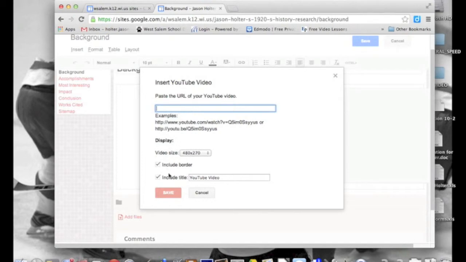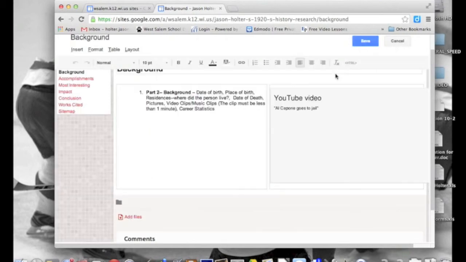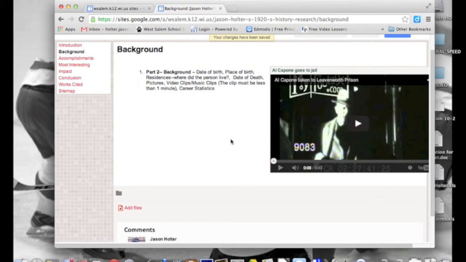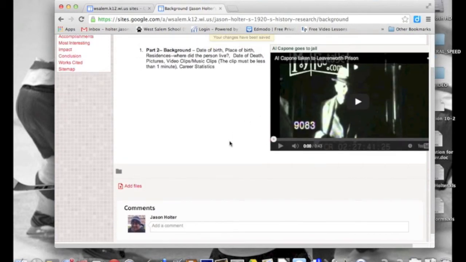Let's say the video size. If you want a border, you can include the title on it. So Al Capone goes to jail, if I wanted to change the title of that. So Al Capone Goes to Jail is on there, and if I just hit save, now the video shows up. So be careful with that when you're editing it, and you might not see it right away,